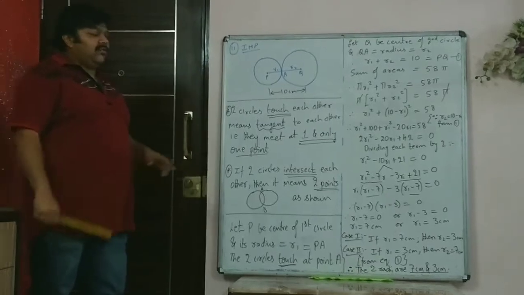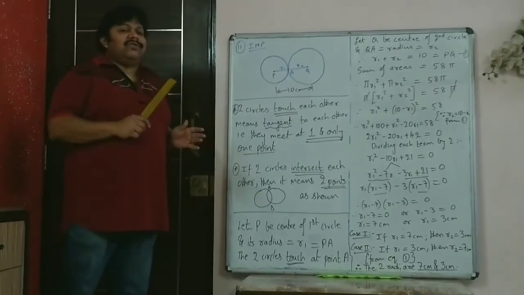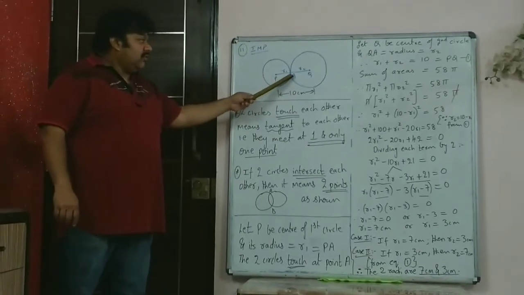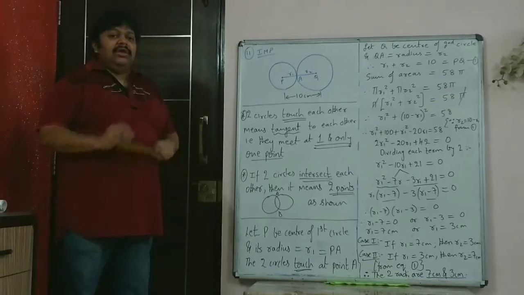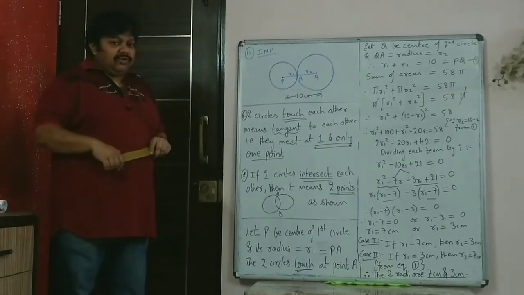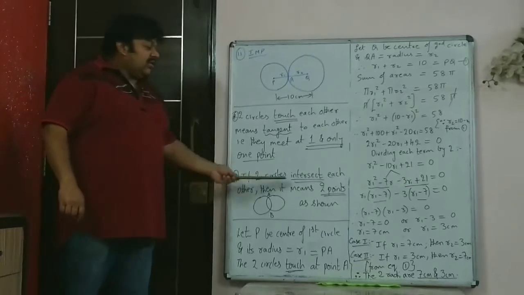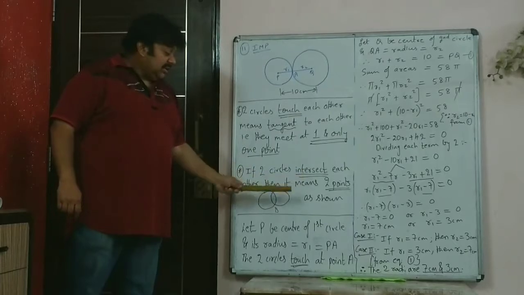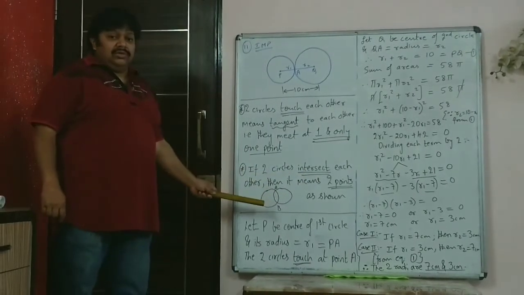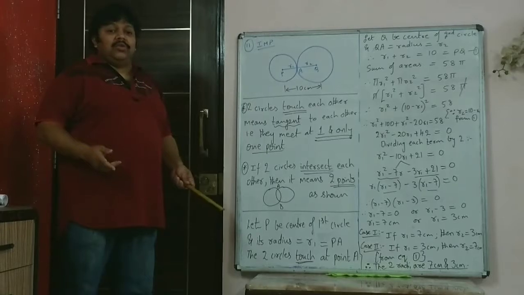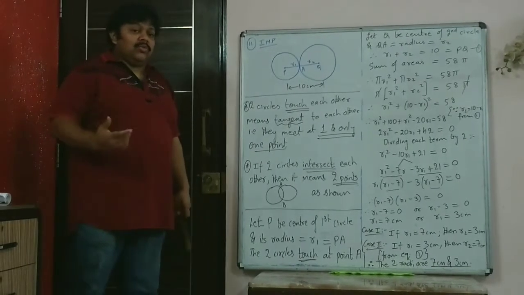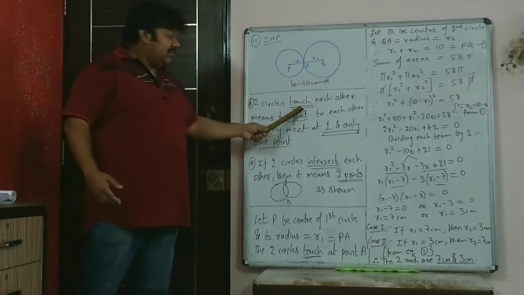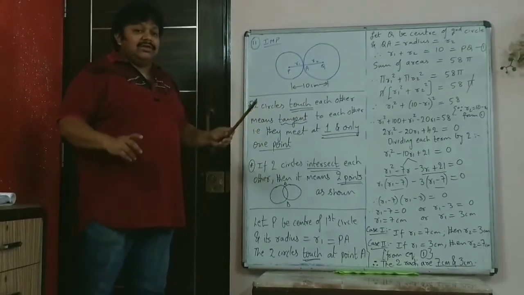In the 11th question, they have given that two circles touch each other. When the words touch each other come, that means they are touching at one and only one point. It means the two circles are tangent to each other. Now, if they tell you that two circles intersect each other, then that is different from touch. Intersect means they meet at two distinct points. No two circles can meet at 3 points. They cannot intersect at more than 2 points. So the maximum is 2. Touch means one single point.